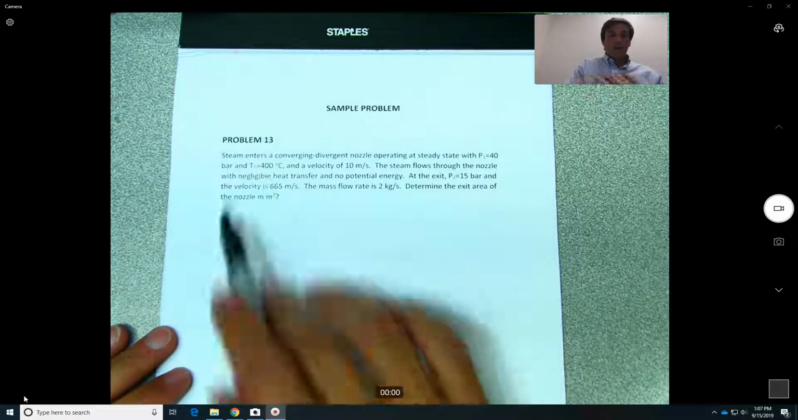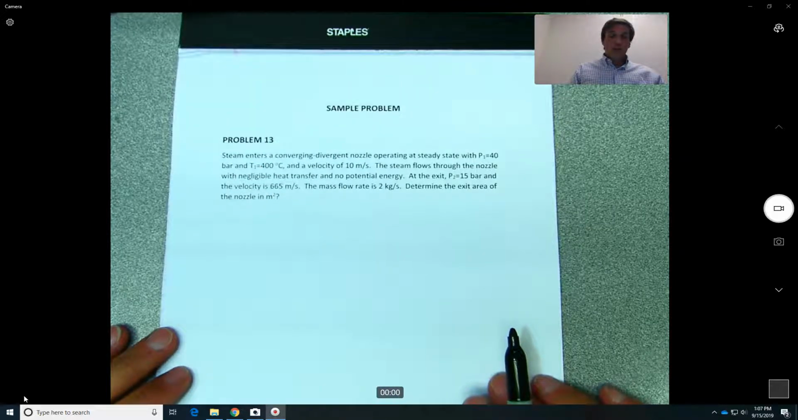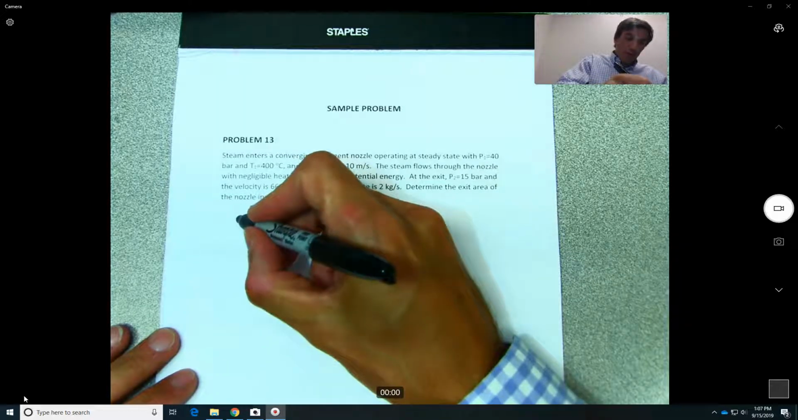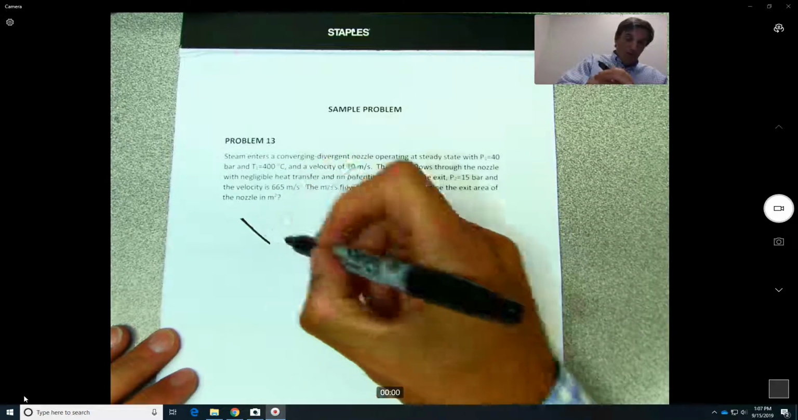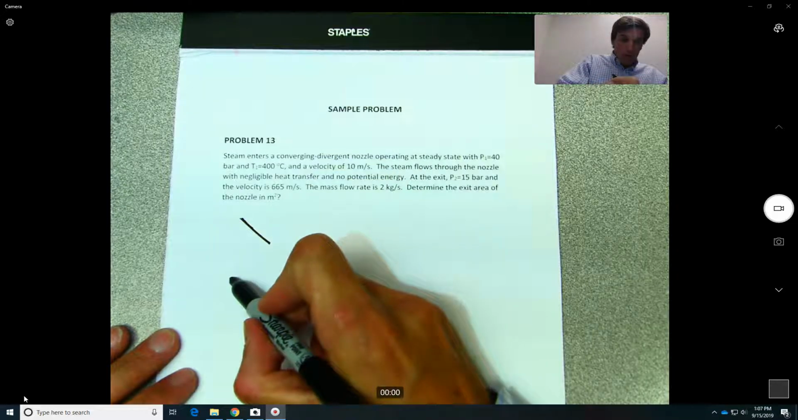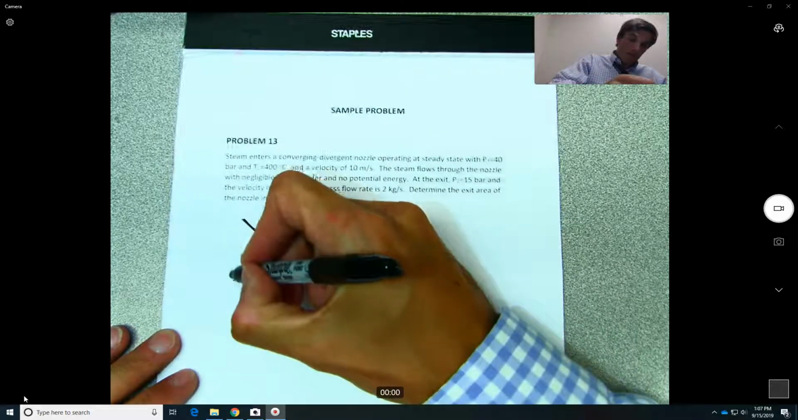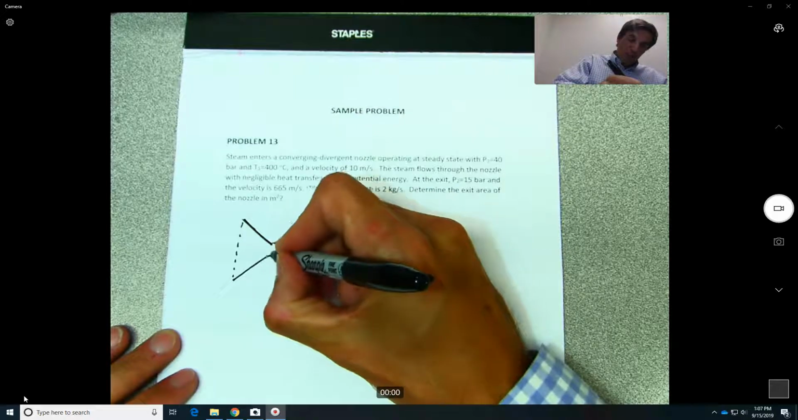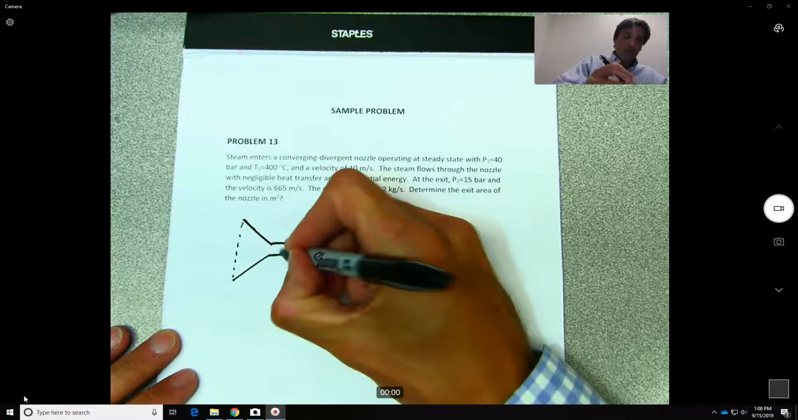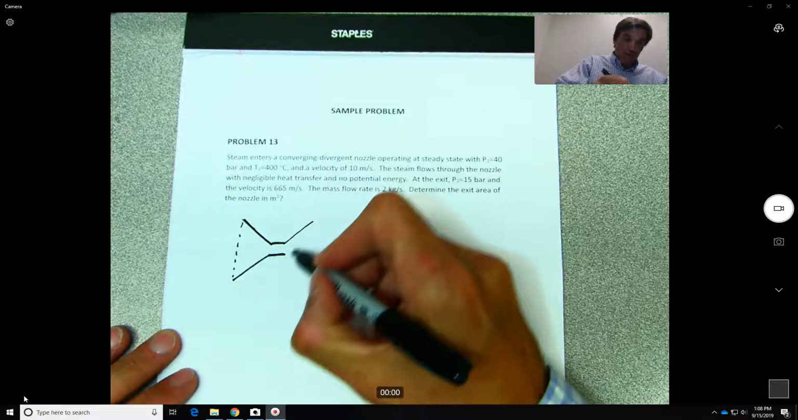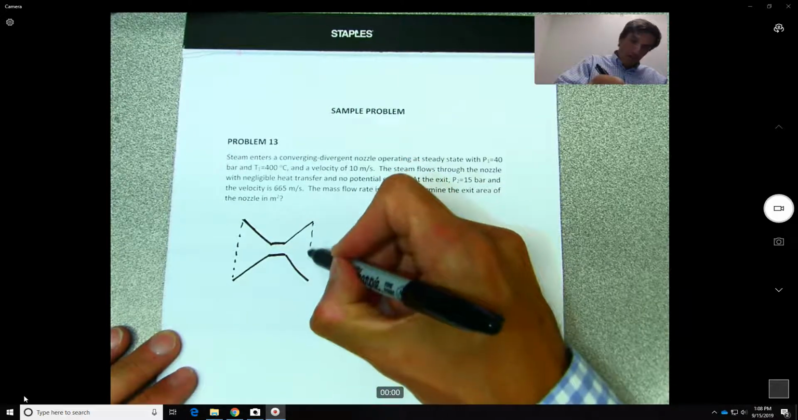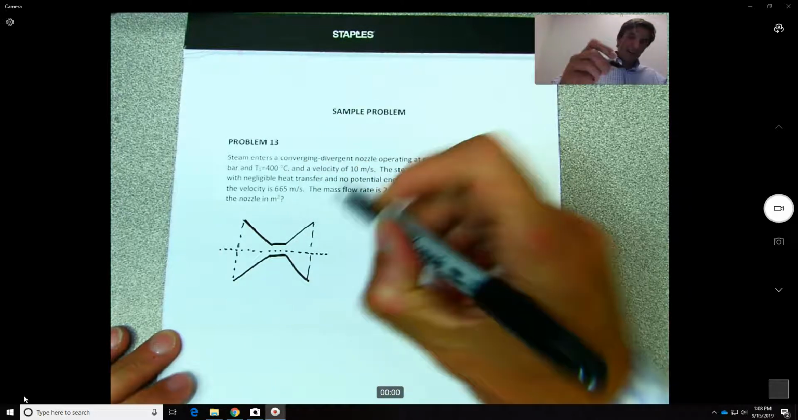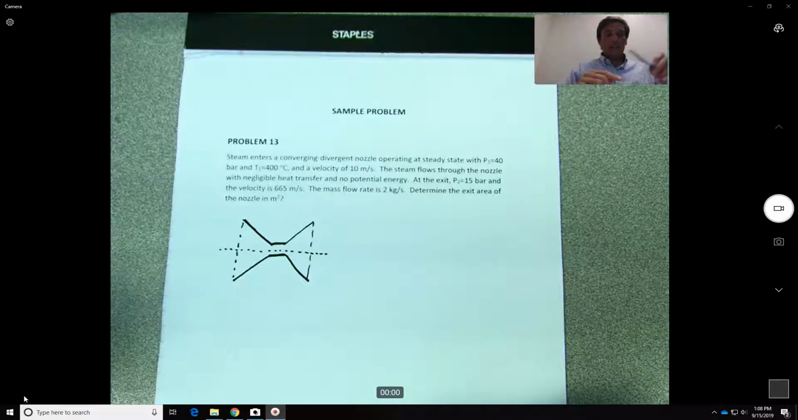So steam enters a converging divergent nozzle. So what does converging mean? Converging means that basically it's going toward one area in common. Okay, so then this could be the cross section. Imagine a wind tunnel. Okay, so this is the cross-sectional area, and then it's going to diverge. But let's say our test section is along this line. So what we know is that steam,